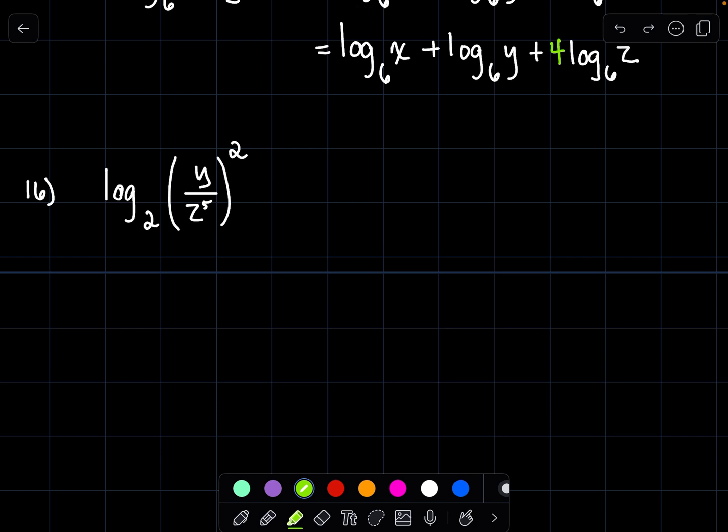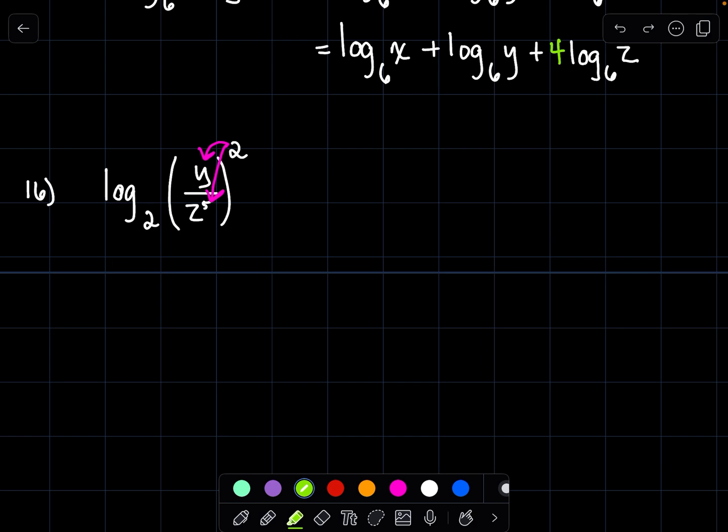How about log base 2 of y divided by z to the 5th all raised to the 2nd power? Now, again, if you think about the power, or the order of operations here, you would ask, well, could I take that 2 because it's an exponent and put it out front? However, yes, you could do that. I think you're going to be much more successful applying your rules of exponents first. And our rule of exponents that we had, if you had something inside of a parenthesis raised to a power, the power to a power property, anything and everything in there,